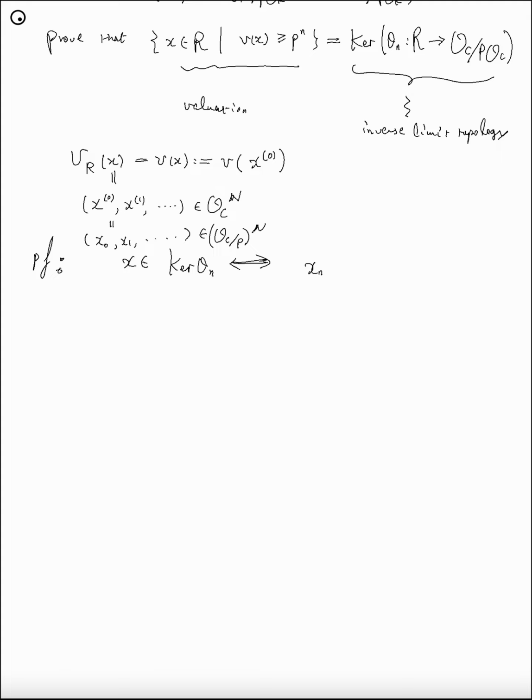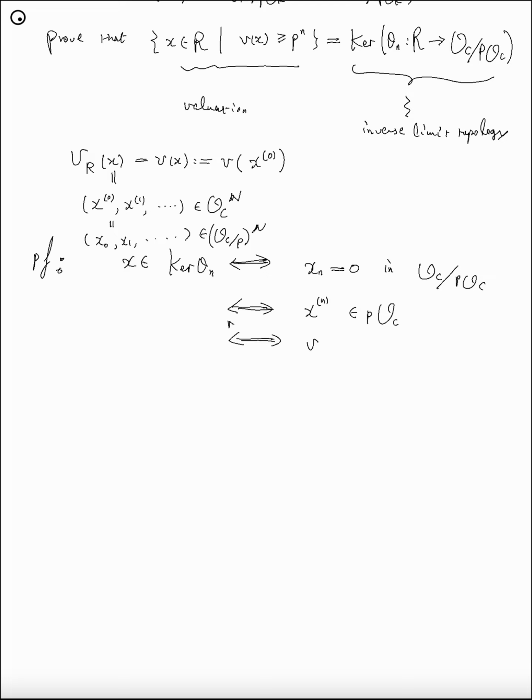So here, it's the same as x_n equals 0 in OC quotient pOC. The same as saying x_n is in pOC, right? The same as saying that the valuation,